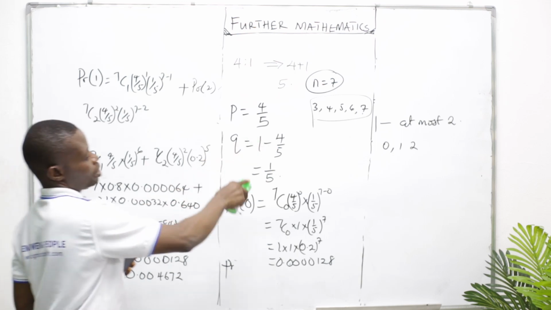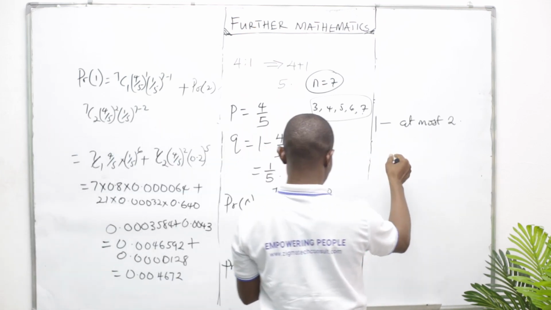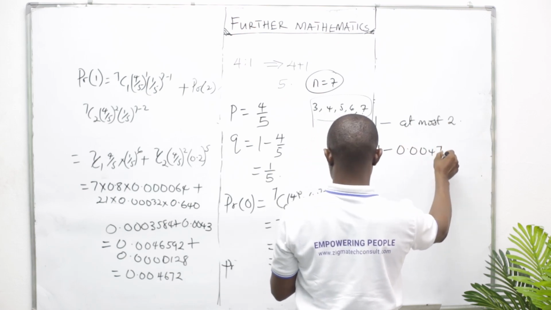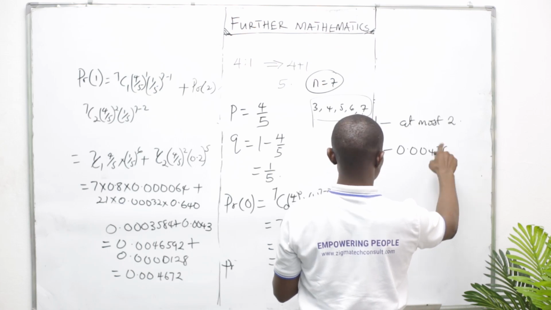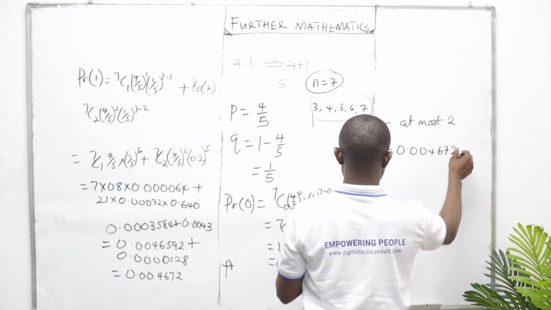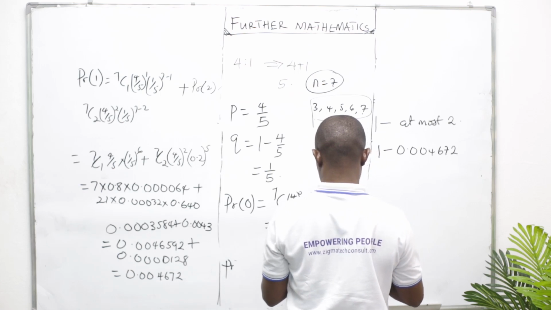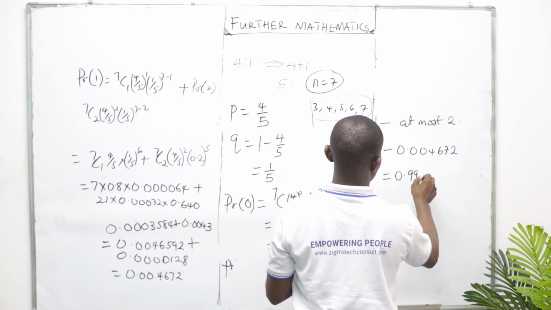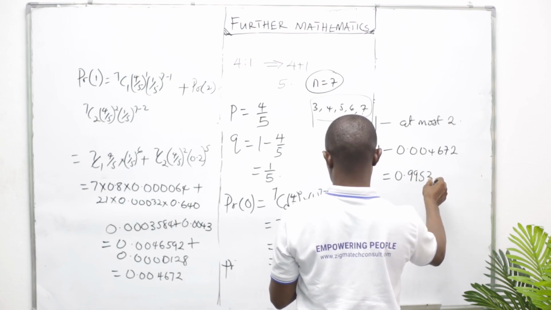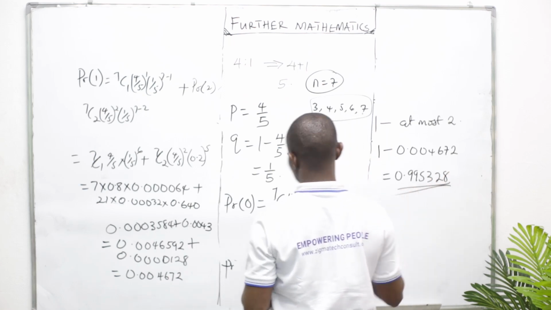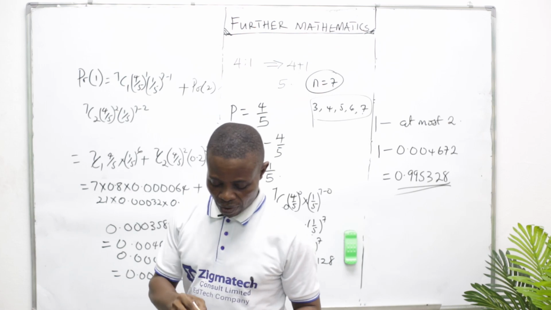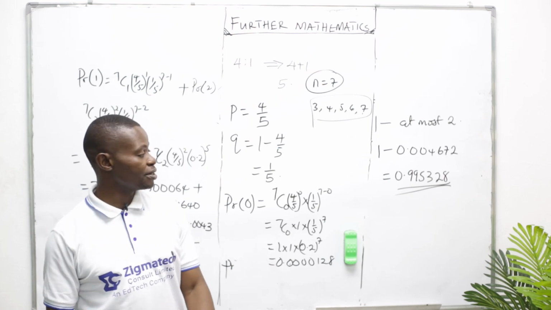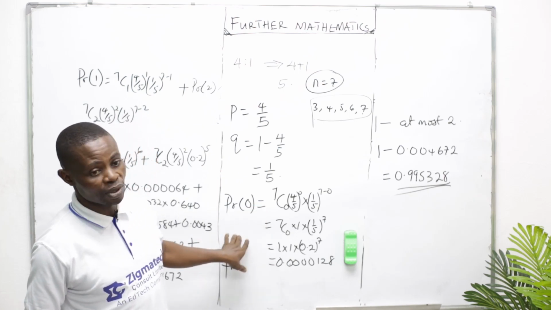So 1 minus at most 2 here now will give us 1 minus 0.0047872 equals 0.995328. This is the solution for at least 3 students passed the history test. God bless you once again